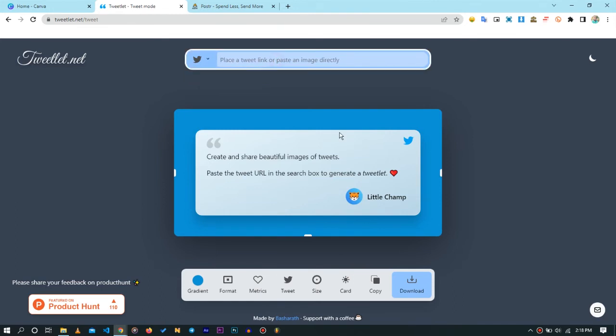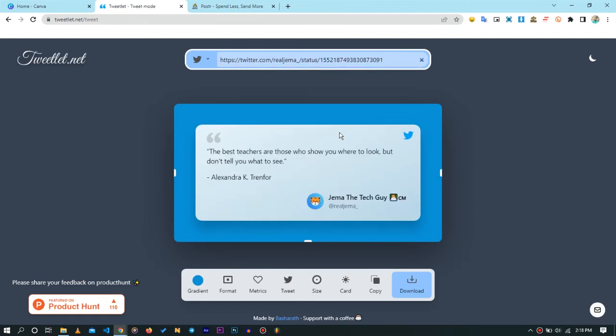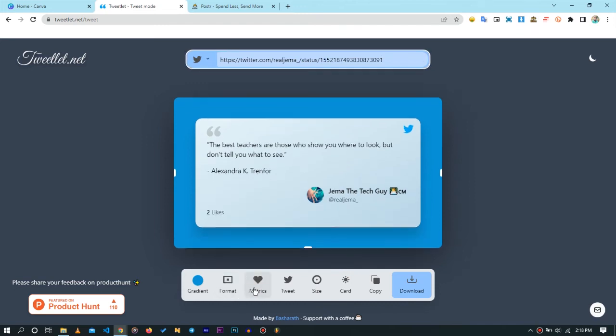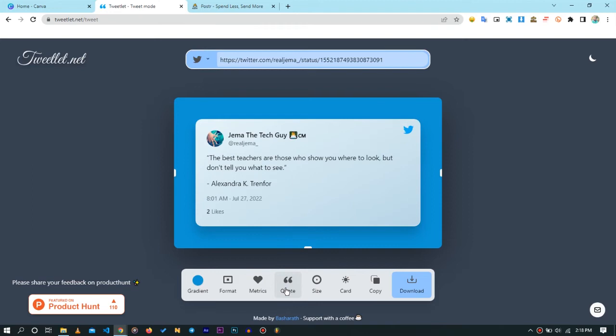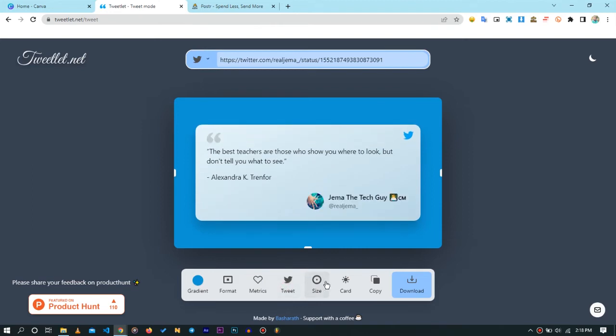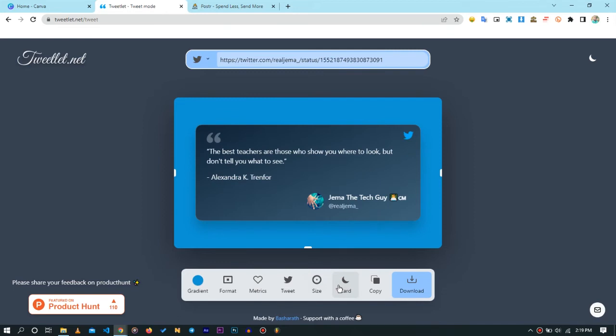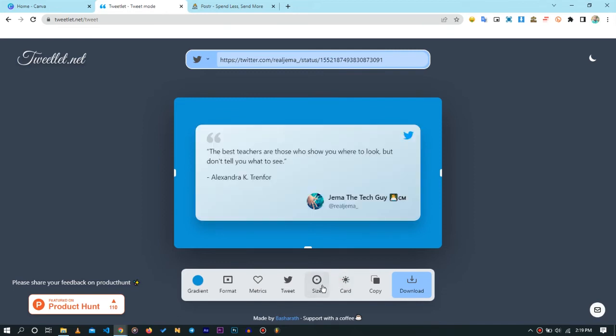So you can go ahead and paste the link to a tweet you might have and want to share, and it's going to generate an image from there. And so you can see the background, it generates the image easily. It has some customization options. You can put it as a tweet, you can put it as a quote, and you can change its size, decide how the card should look, if it should be dark or in day mode,